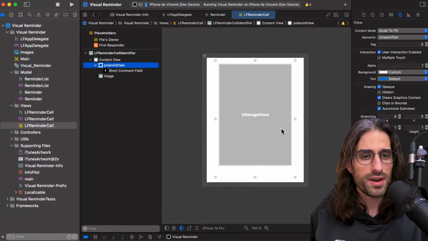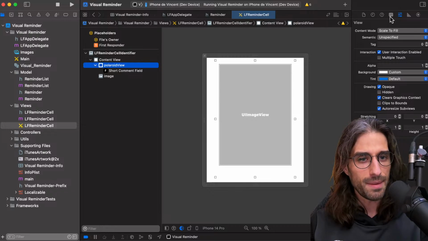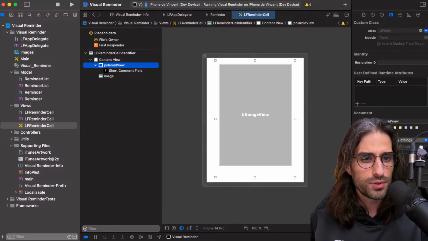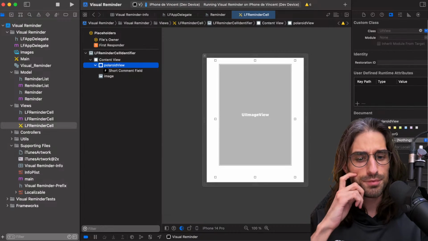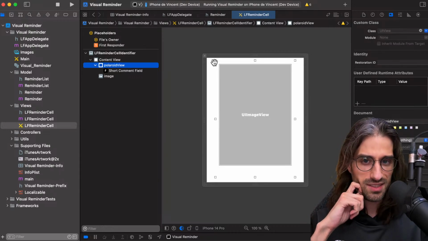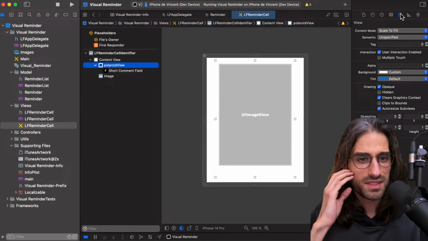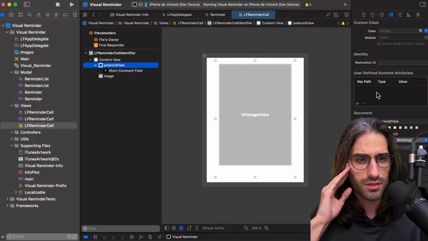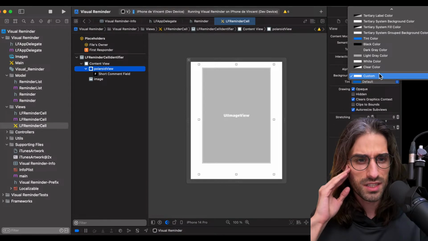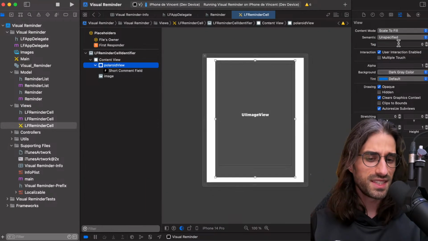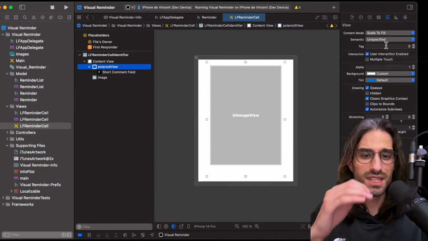And then we have the Polaroid view, and I think for the shadow, I might have used... Where did I put the shadow? No, not even here. So I think I've put the shadow in the code. But this is where we have the Polaroid view. But since it's white on white, we cannot see it. But let me see if I change real quick the background color. Where can I do it? Here. You can see that it's right there. Let me put it like it was.